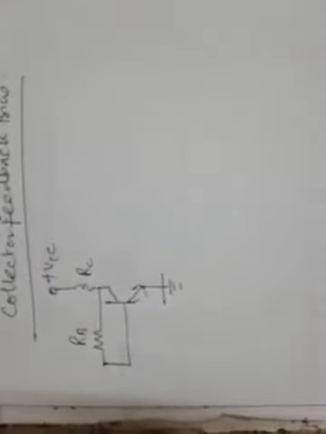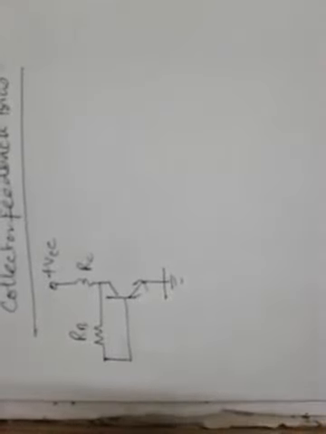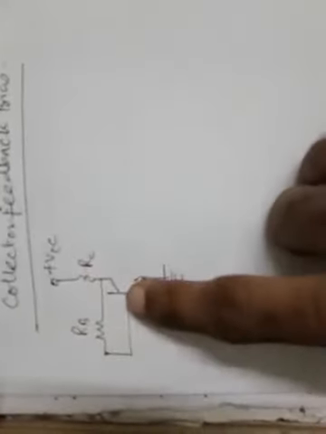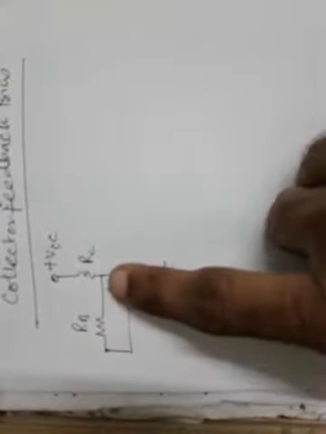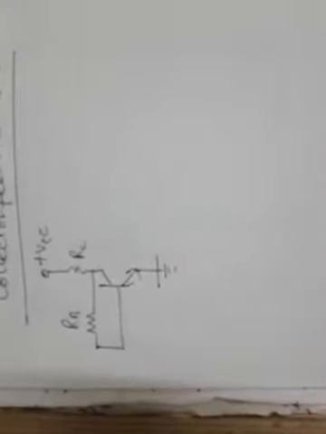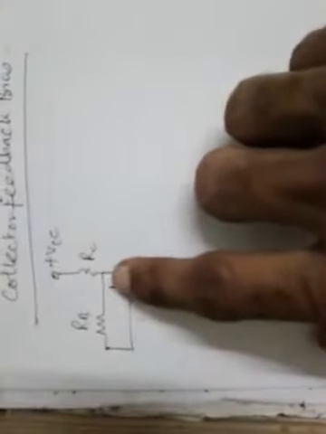Earlier, this was another attempt to stabilize the Q point. The basic idea is to feed back a voltage to the base in an attempt to neutralize any change in the collector current, the same as we have seen in the emitter feedback. I once again repeat, the basic idea of this circuit is to feed back a voltage to the base from the output, that is from the collector terminal. You can see from the collector terminal, through RB a connection is made to the base. So a feedback is made into the base in an attempt to neutralize any changes in the collector current. That's why the feedback is taken from the collector terminal through which the collector current is passing.